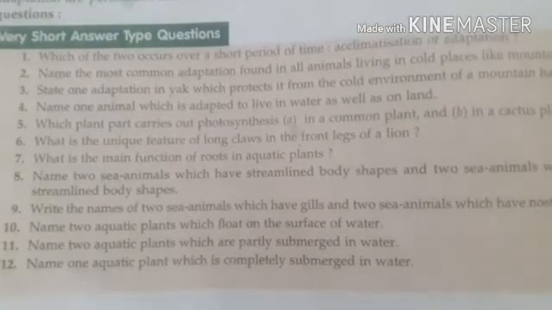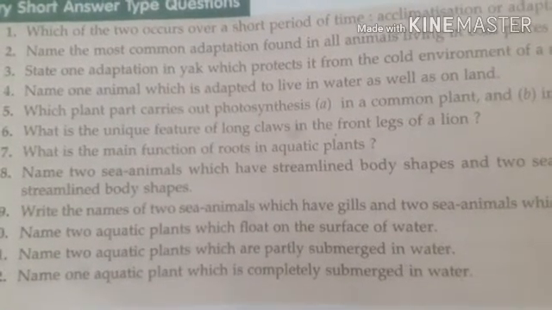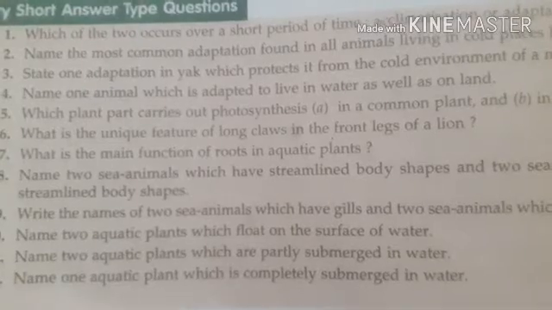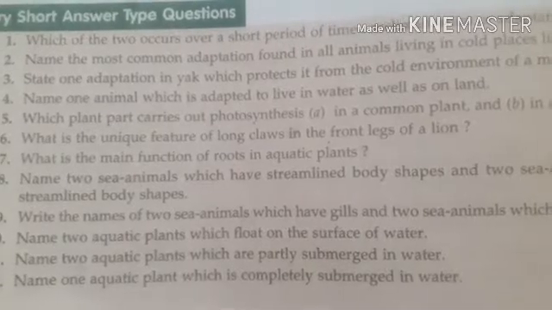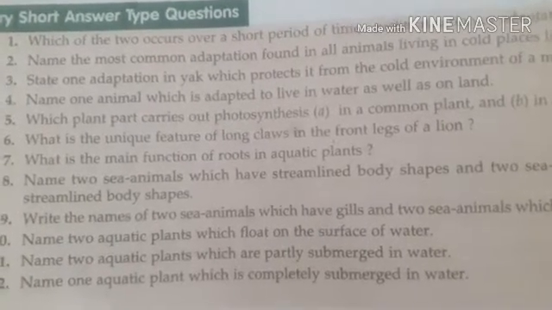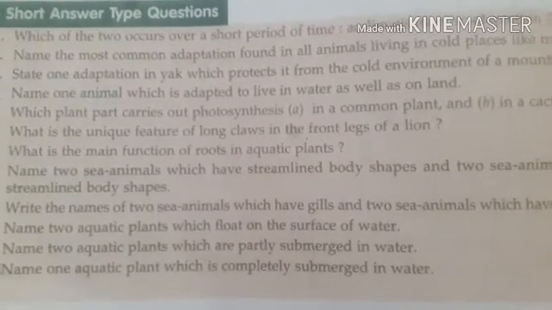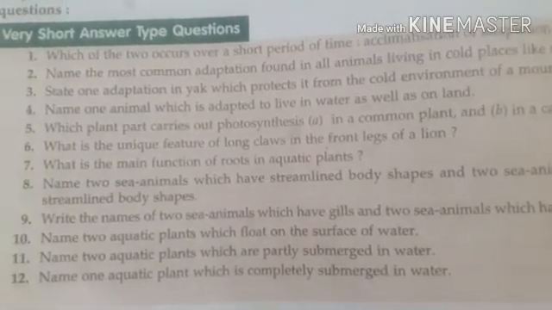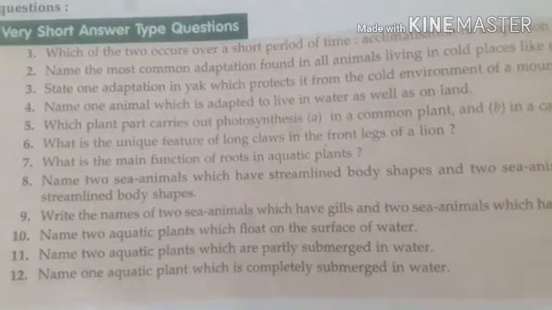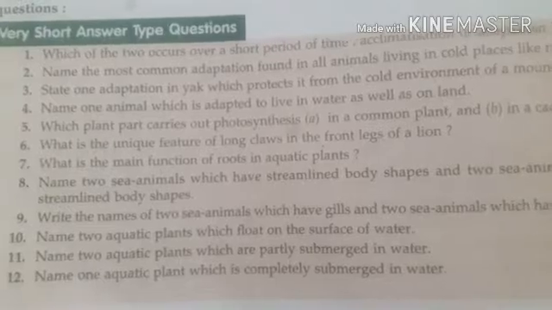Name two sea animals which have a streamlined body shape, and two which don't have a streamlined shape. Streamlined body shape organisms are shark, fish, and dolphin, whereas the non-streamlined bodies are octopus and squid. Next, write two sea animals which have gills, and two sea animals which have nostrils. Gills, for example, shark and fish, or octopus and squid, they have gills, whereas nostrils, dolphin